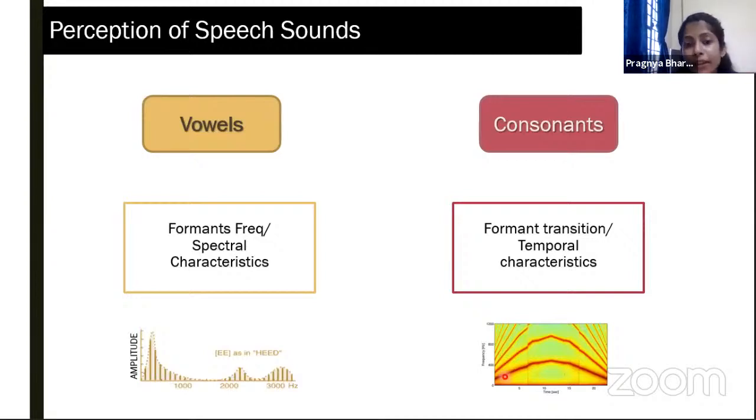The temporal characteristics of a speech sound become important in order to identify consonants. So to understand overall speech, both the spectral characteristics as well as the temporal characteristics play a very important role. And hence, this is something that all the speech coding strategies have to consider